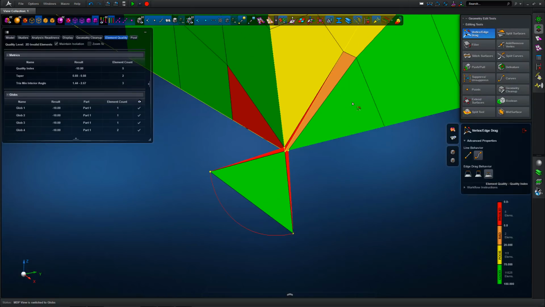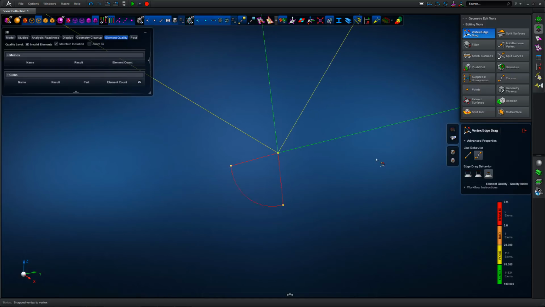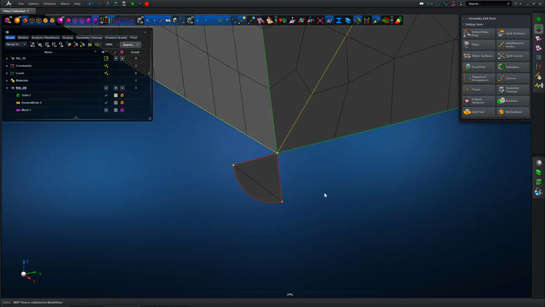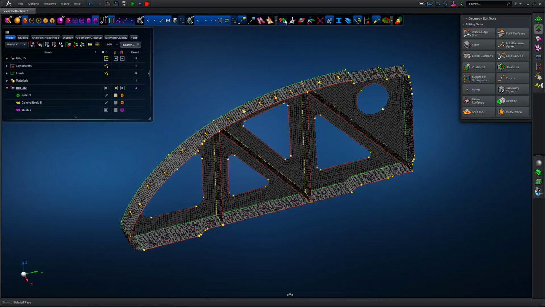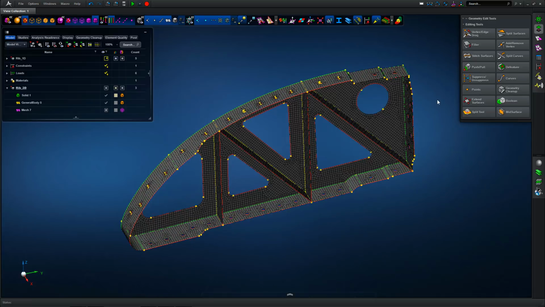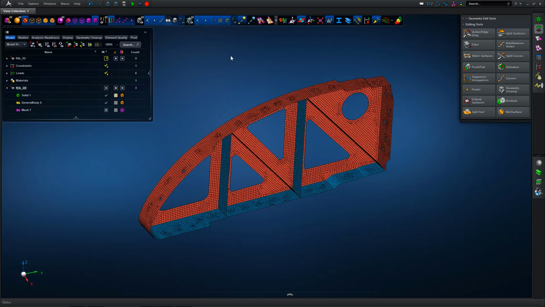So just isolating those elements and growing the mesh so we can see where the problem elements are, and we can use vertex edge drag to snap vertices together, and again those element definitions are improved, and we can just delete the overhanging piece of geometry as required. And again, looking in the element quality fringe plot, we've got no invalid elements, one bad element,